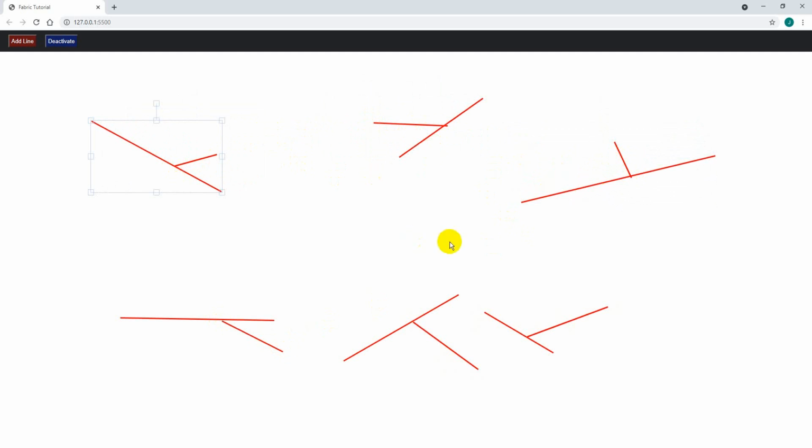And why does this happen is because when we press the deactivate button, all the lines are made selectable. Okay, so let me illustrate this again. So I add line over here. So I can't select them, okay, if I go near.